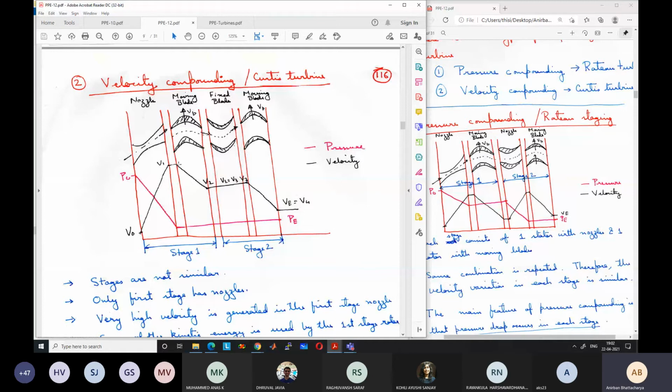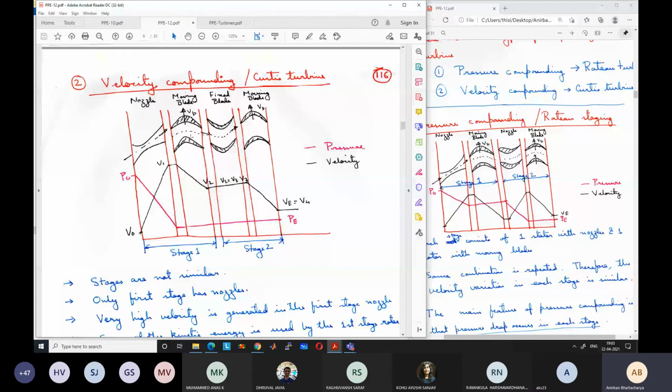You can ask what is the advantage of this. Okay, we will see later that there is an advantage also. It looks like this is not good because we are not equally dividing the workload for the nozzle, meaning the kinetic energy conversion, between all the stages. The first stage has very large velocity, so all the problems we had discussed, like very high blade velocity, will still be there. But actually it is not true. We will see later, the optimum ratio will be different. Okay, so there are some advantages of this also.